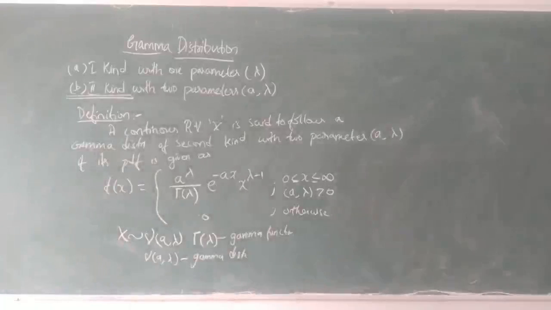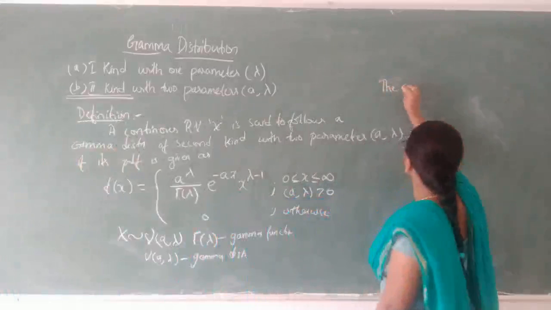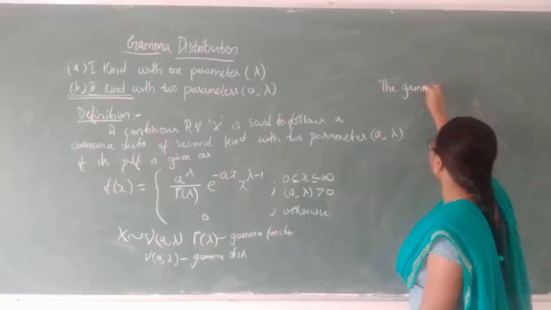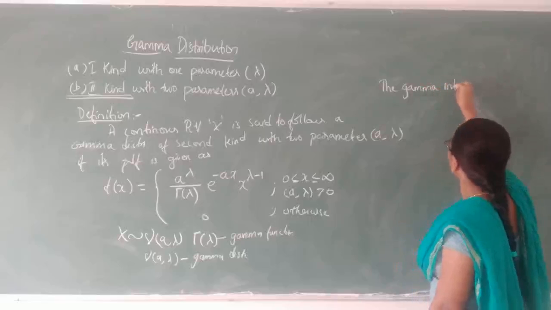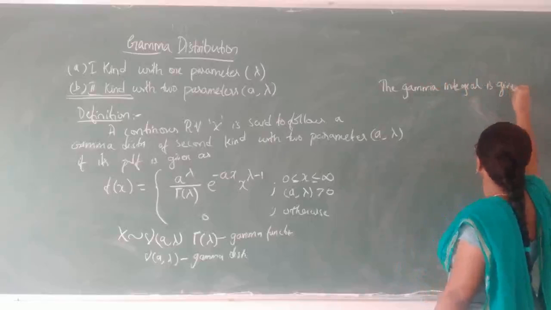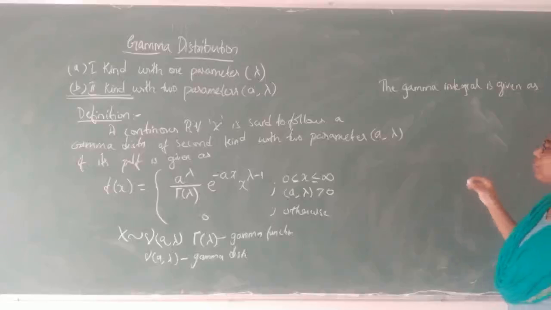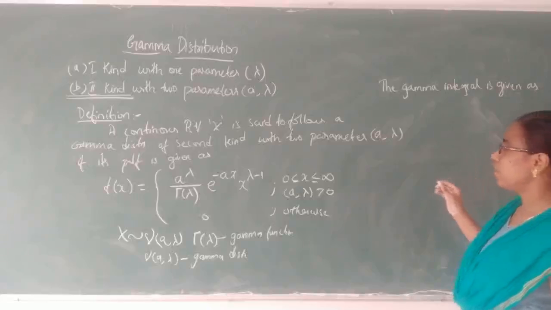For this gamma distribution, first we have to know about one gamma integral. So the gamma integral is given as, the same as the formulas, we will be writing formulas in different steps. So in the same way, here also